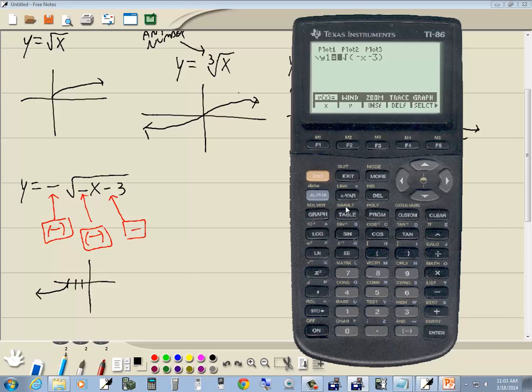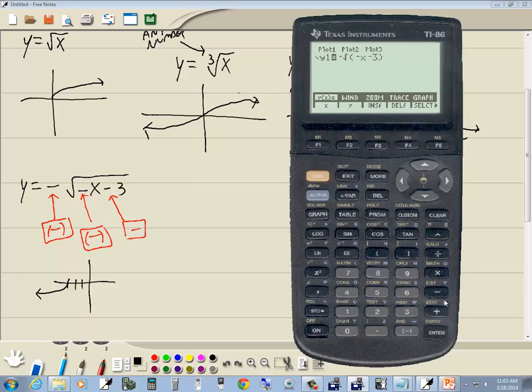Now if I do an exit and bring that menu down, choose F5 for graph, it no longer gives us a syntax error, just gives us the wrong graph. Now that's frustrating. Comes test time and you think you've typed in your calculator perfectly, and you just get the wrong graph. Well, if I go back to y equals and change that negative back to what it should be,